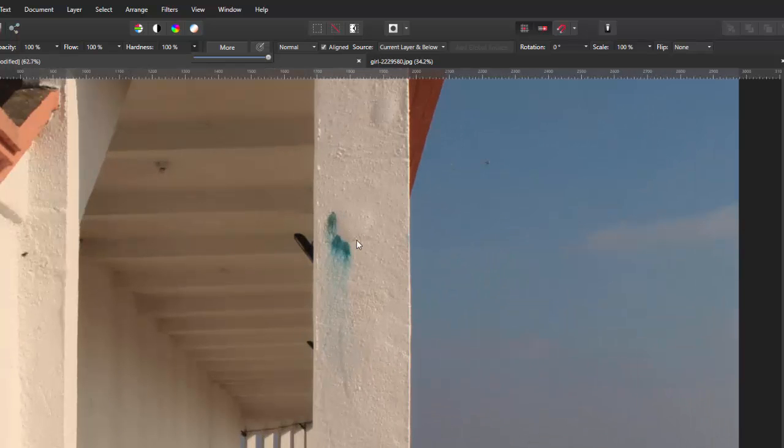So if I zoom in here and I clone from there, it's not too bad. It doesn't really show up so much on there, but it does show up here on the blue sky. As you can see, you can see the whole circle. It sort of isn't doing what it needs to do, but if you had the hardness down to